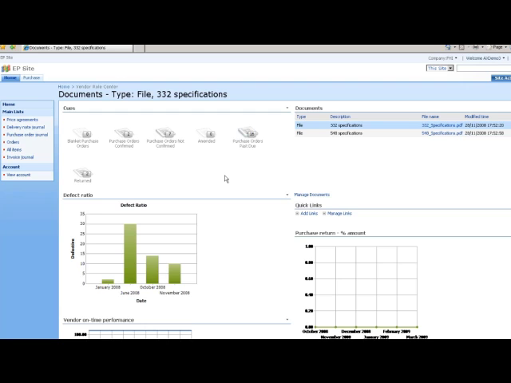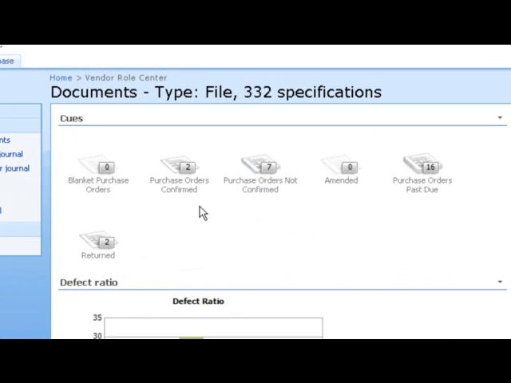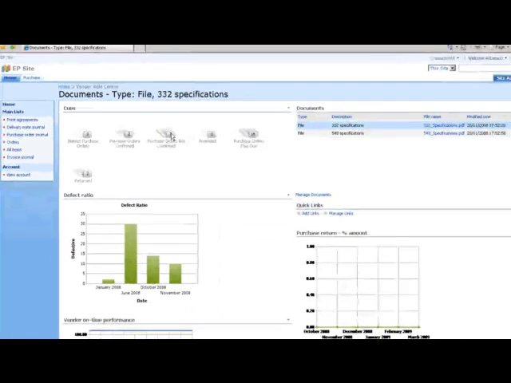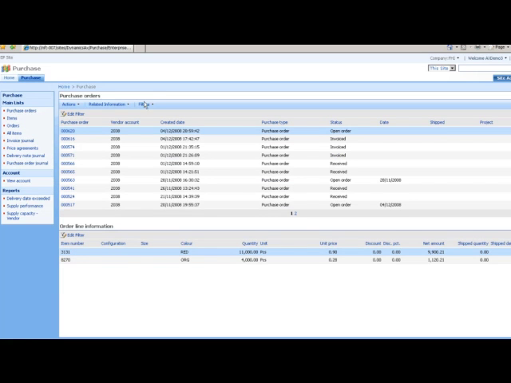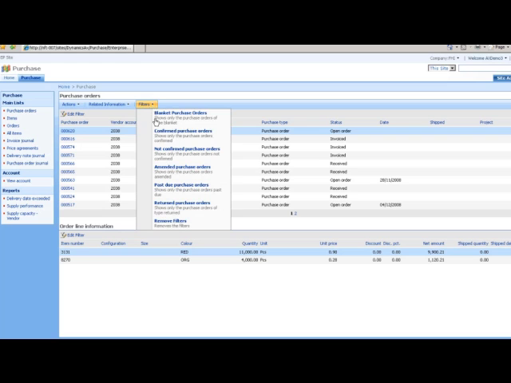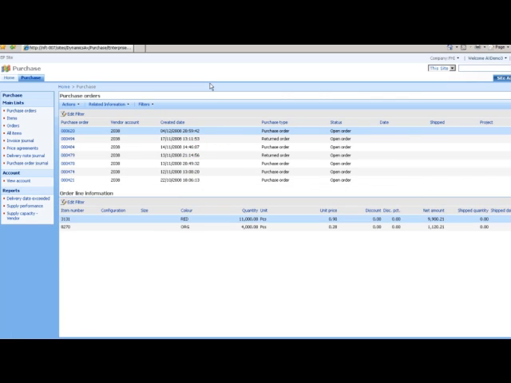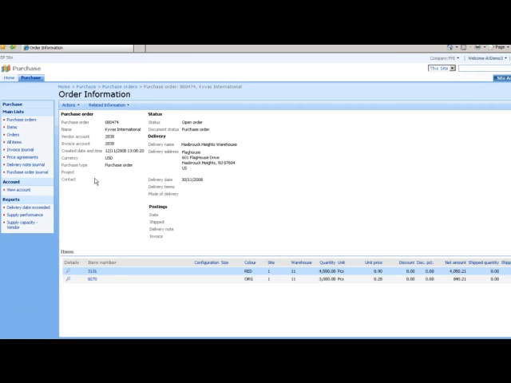We'll see here within the queue section that our supplier has 7 purchase orders they have yet to confirm to us. So our vendor can simply log into this portal, come over to the purchase orders tab, and filter their orders for those POs not yet confirmed. They can then select one of the purchase orders, review it in detail,